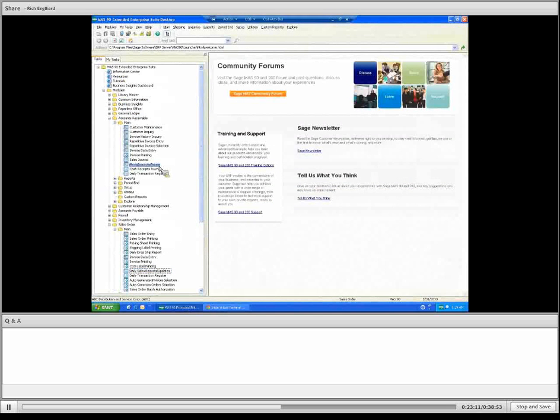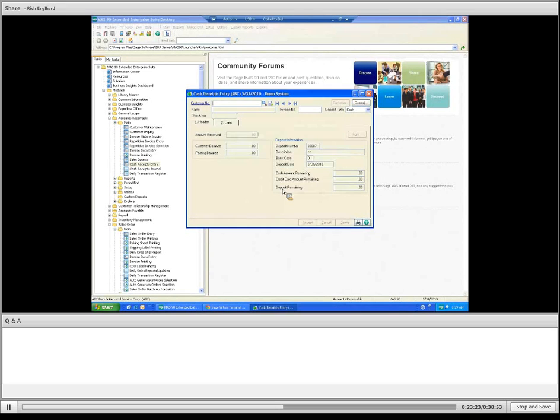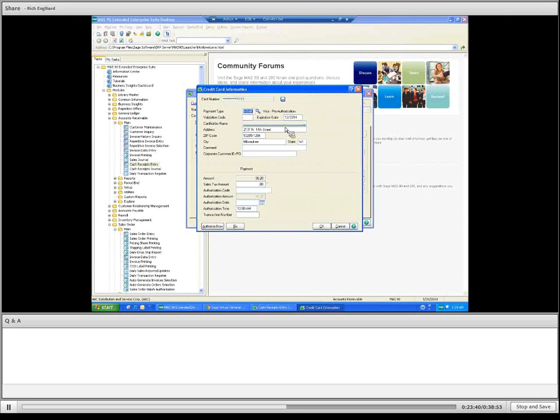and we'll go to cash receipts entry. So if you did want to be able to take a credit card on an open invoice, you can do that within the system. And the way to do that, there's a few different ways, but we'll be able to select our customer, American Business Futures. We're going to select our deposit type as credit card. At this time, we're going to enter in our invoice number if we know the invoice number, and there is only one invoice number. We're just going to tab through, and it's going to pull up our credit card information screen. So as you can see, it again pulls the default card on file, and it does show the invoice amount of $38.20. So we're going to click Authorize Now, and it's very simple to be able to take that,